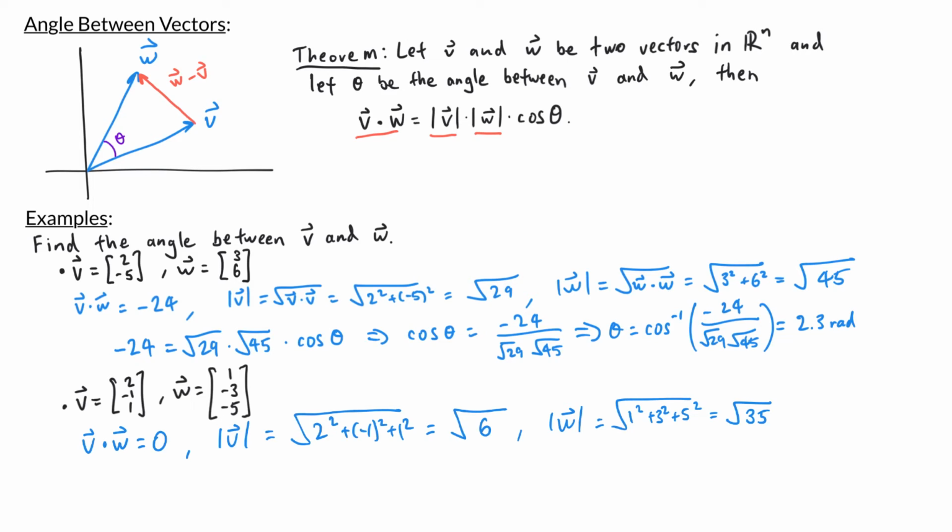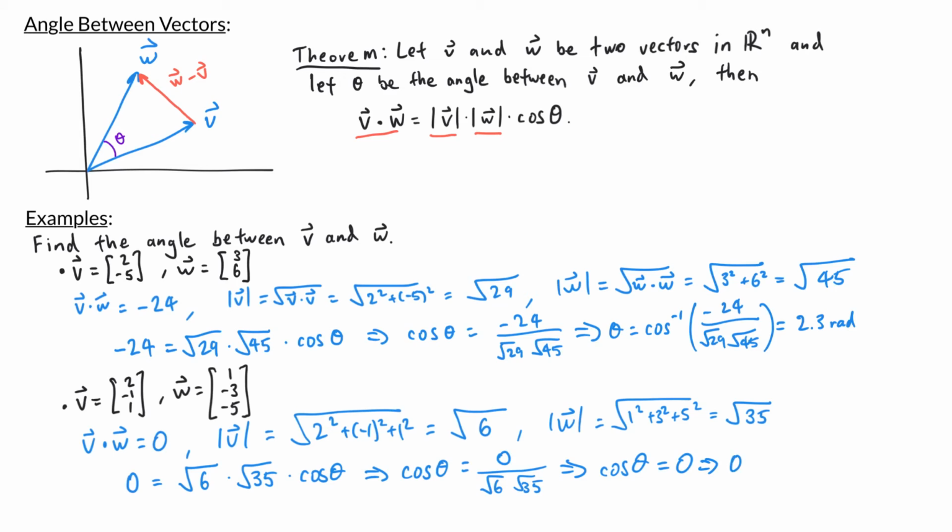So now using the equation, v dot w is equal to the length of v times the length of w times cosine of theta, we have 0 is equal to square root of 6 times square root of 35 times cosine of theta. Solving for theta, we have cosine of theta is equal to 0 divided by square root of 6 times square root of 35, which means that cosine of theta is equal to 0. Now, if I take the arc cosine of both sides, I get theta is equal to pi over 2 radians,